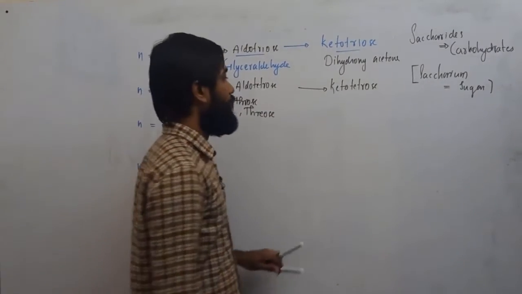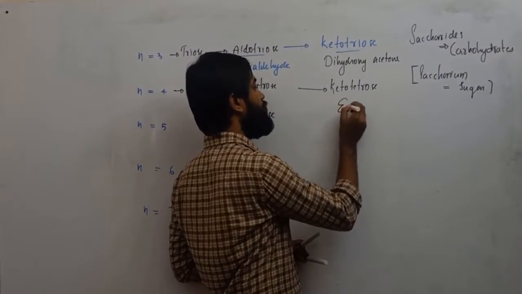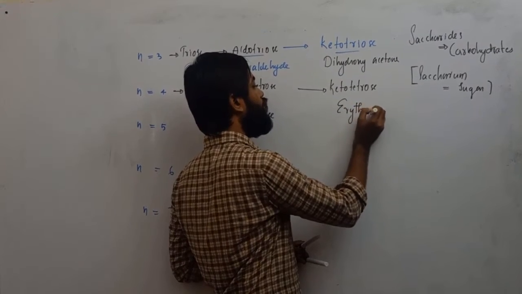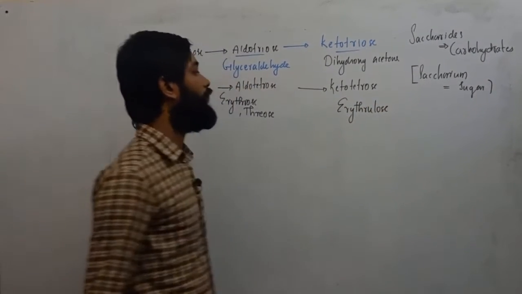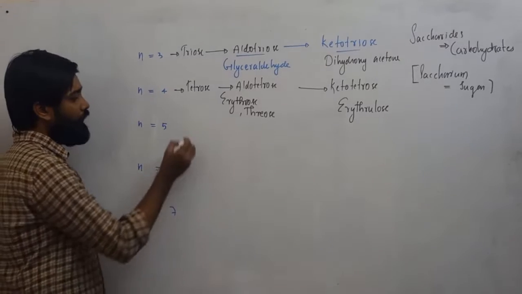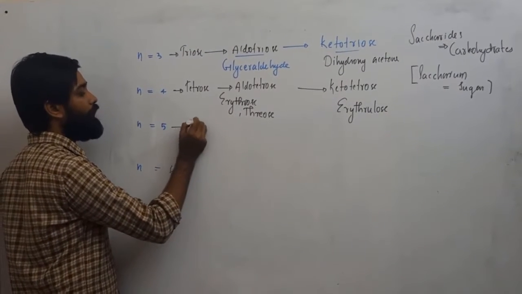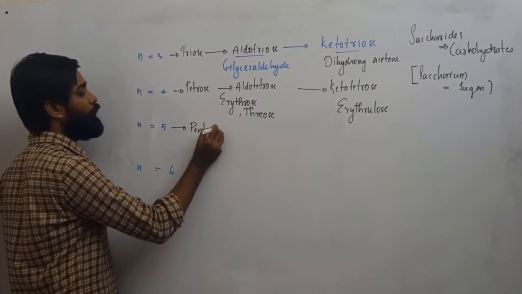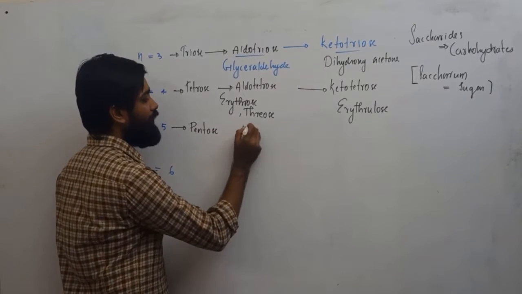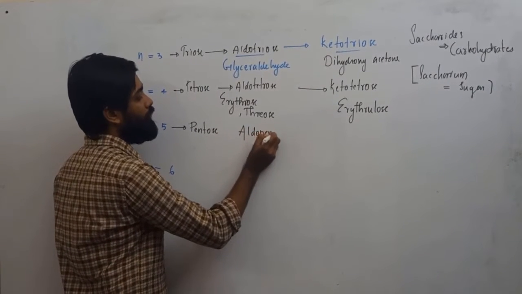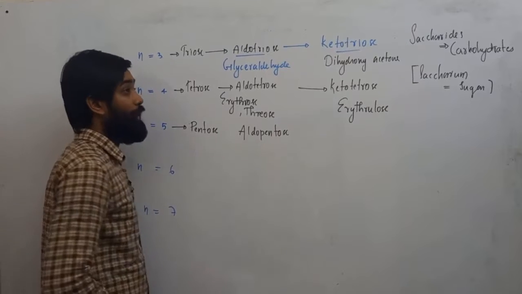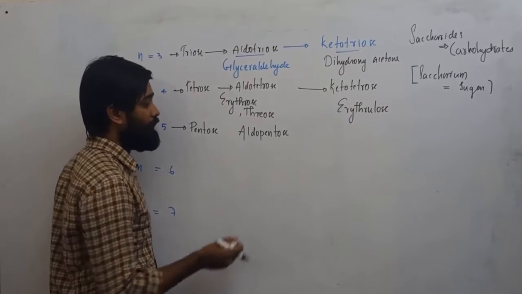An example for ketotetrose is erythrulose. And if n is 5, then the category is called pentose. If it is an aldehyde, aldopentose. Aldopentose examples are: